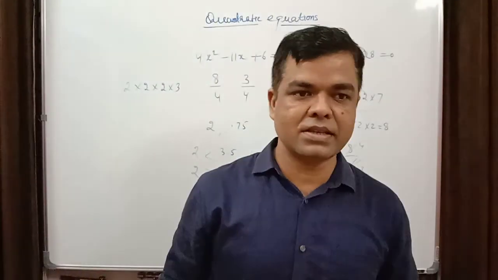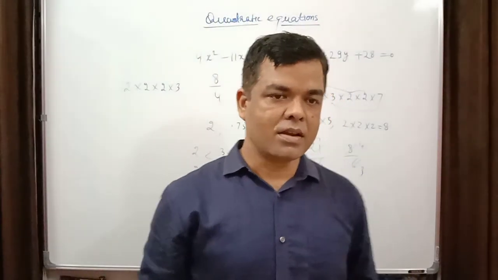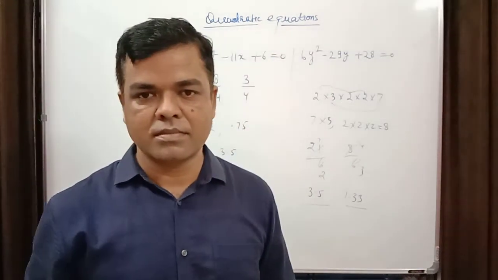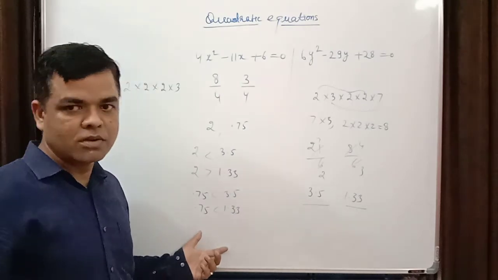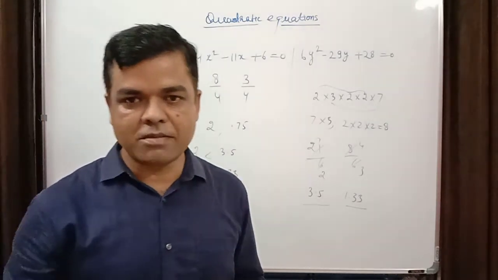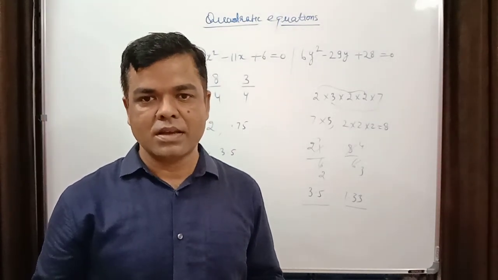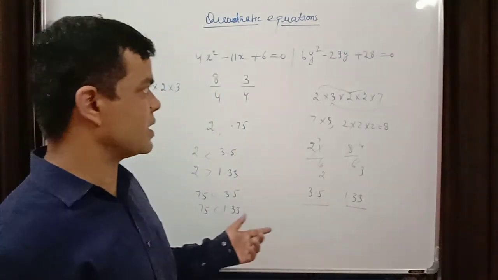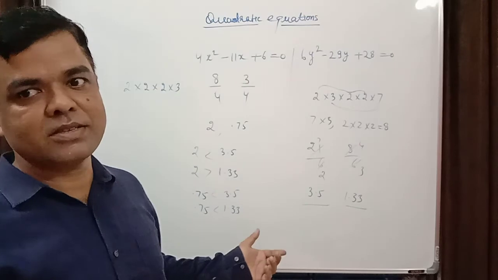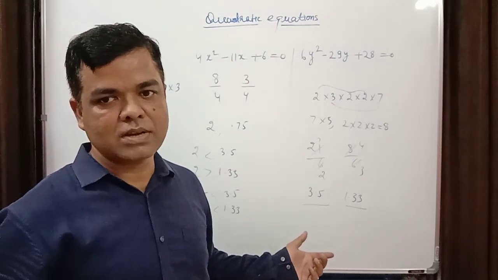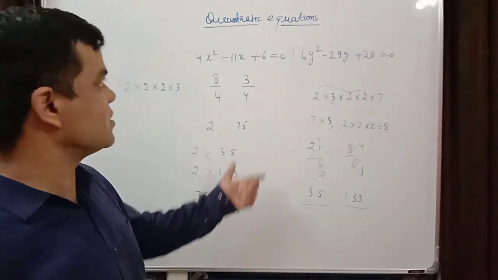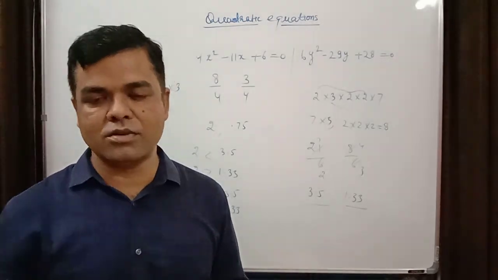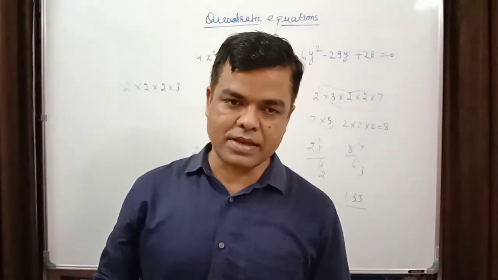So I think I have made the basic things clear. Now if you practice it well, there will be no mistakes in the exam. How to compare roots I have told you. The advanced version of the quadratic equation and the cubic equation, I will tell you in tomorrow's class. Till that time you practice, and only by practice can you achieve this. There is no shortcut. By practice only shortcuts will come. Practice more questions, so that you can easily do it during the exam. Thanks a lot. Okay.